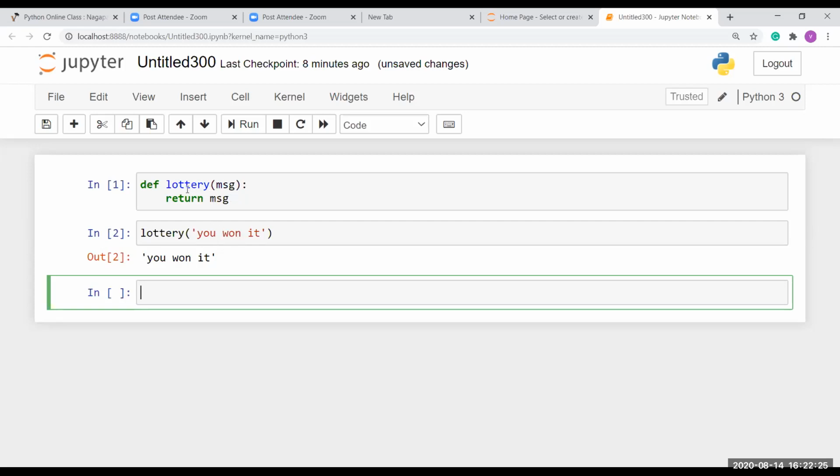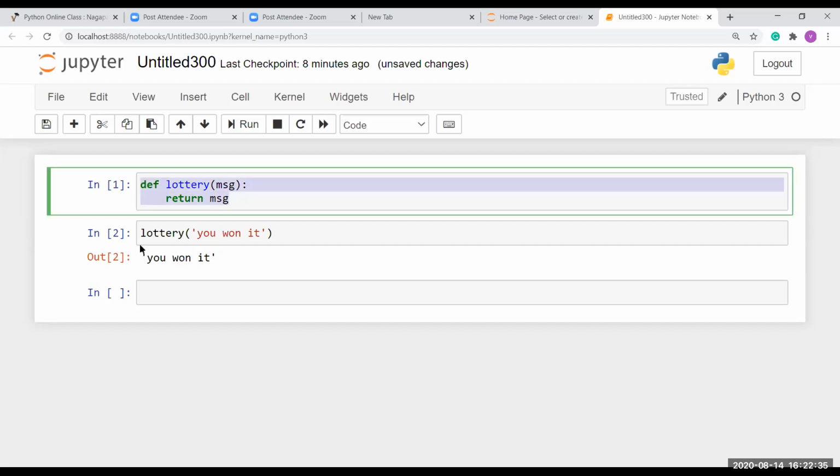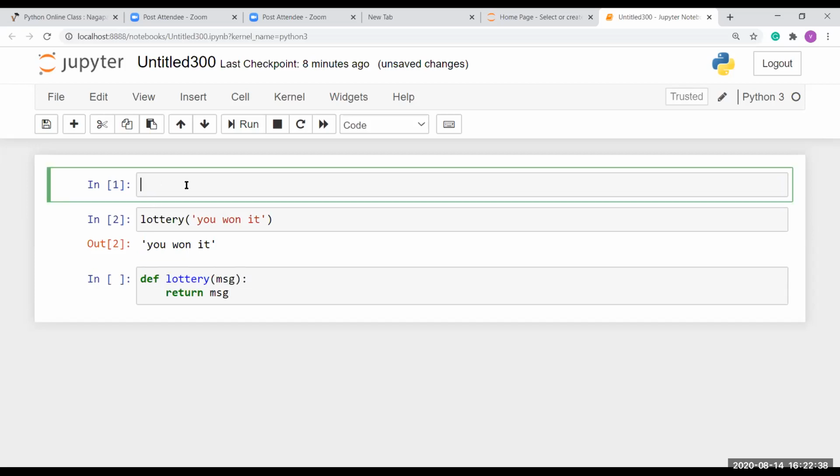Now I want to add some extra features or functionalities to the lottery. First I'm going to cut this and paste it here. Then we're going to create a function called unknowns, because I'm going to announce who the winner of today's lottery is. Here you can pass any parameter.